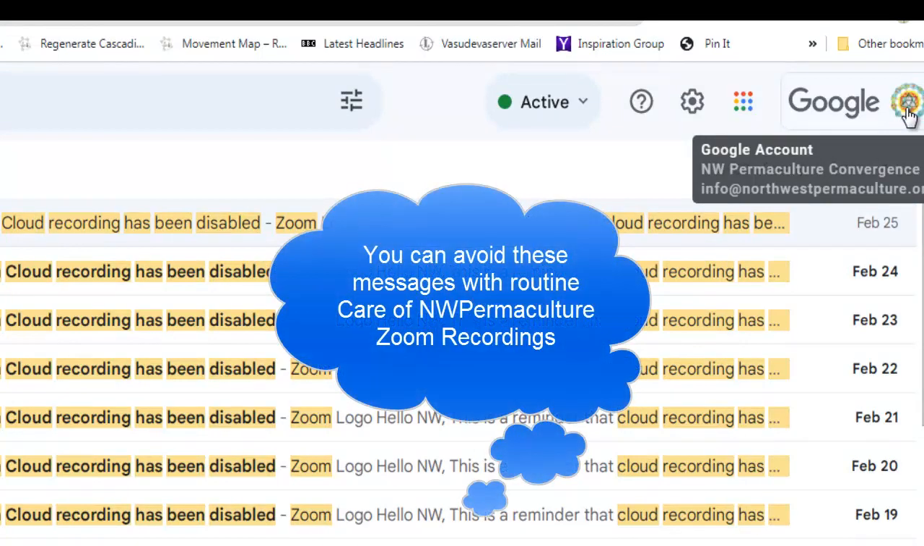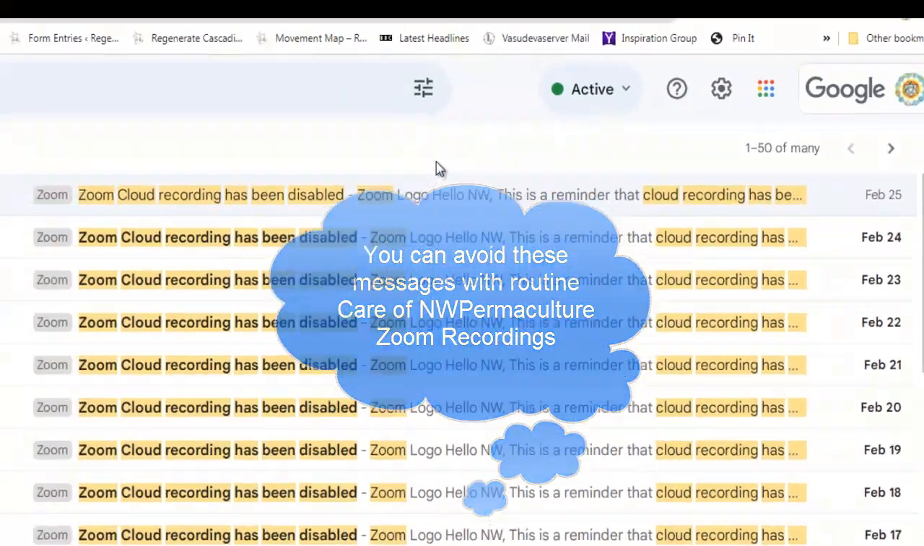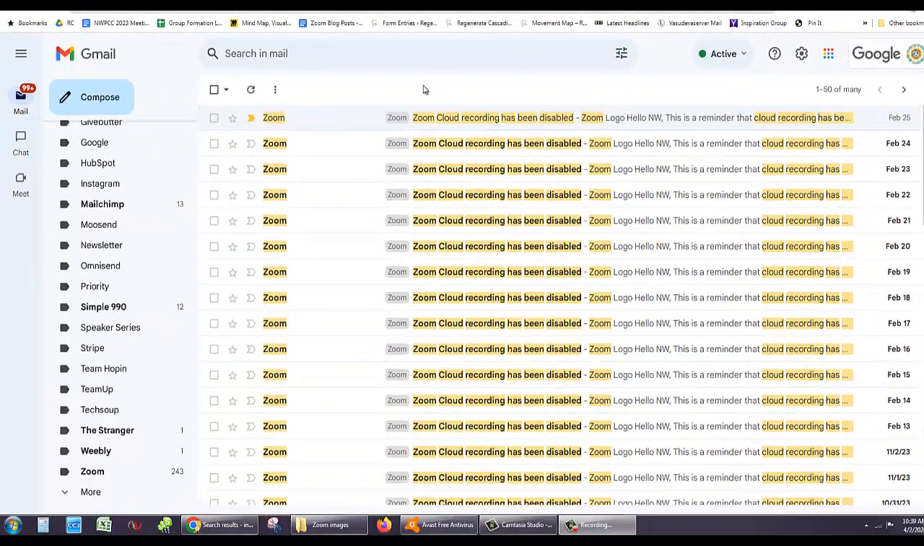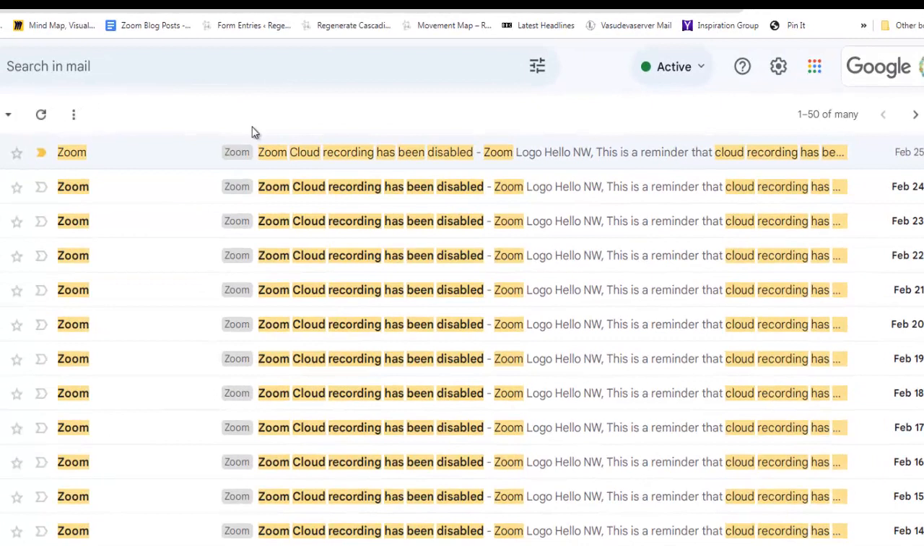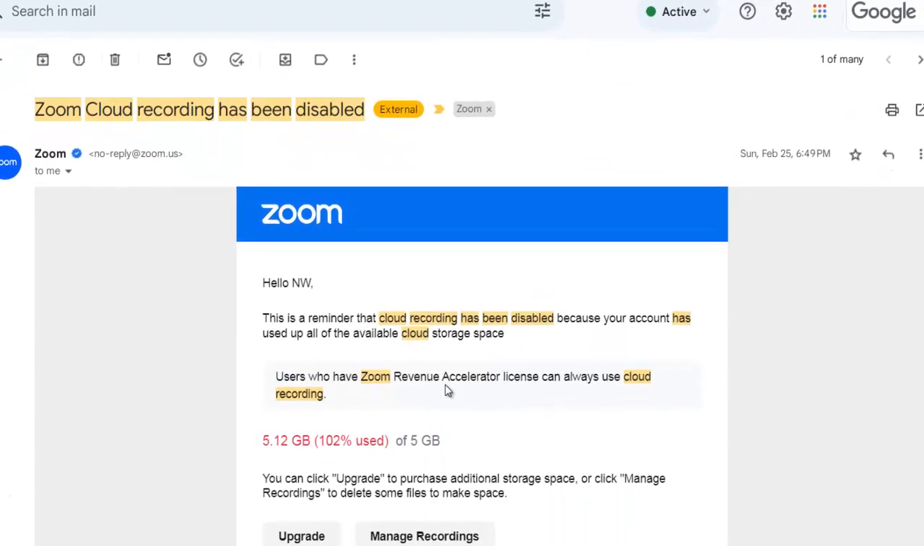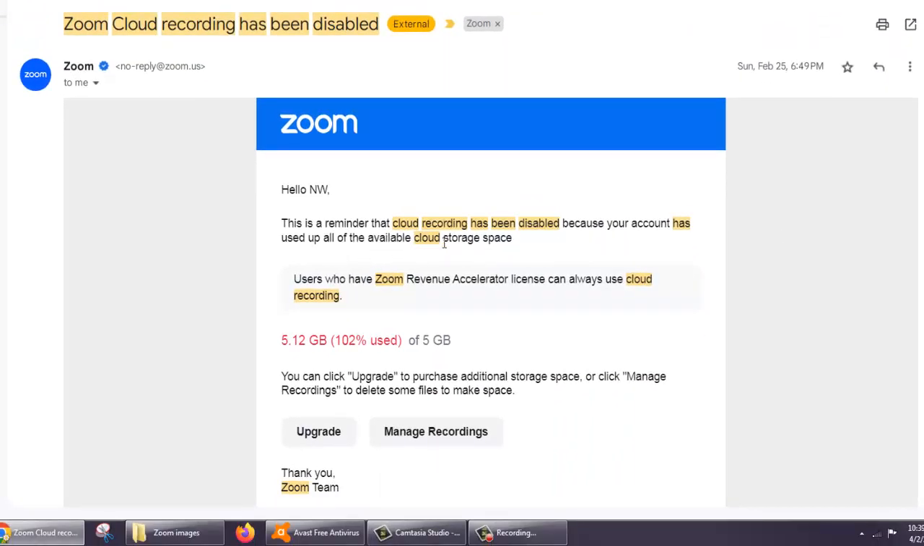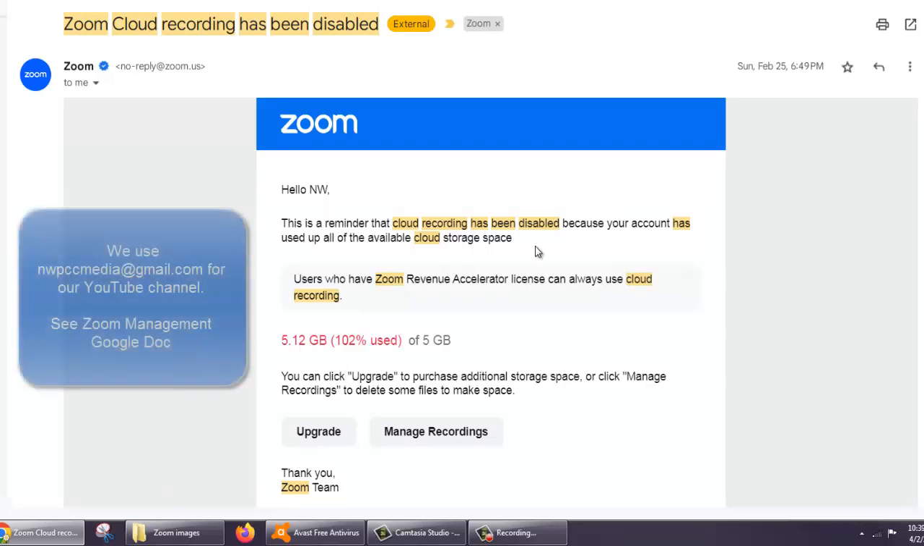I'm in the Google account for info at northwestpermaculture.org, Google account and Gmail inbox. And there are these "Zoom cloud recording has been disabled" messages that come in when our account has used up all of the available cloud storage space. So that's when we do the Zoom recording management, basically downloading and deleting recordings from Zoom and storing them somewhere else, usually our YouTube channel,